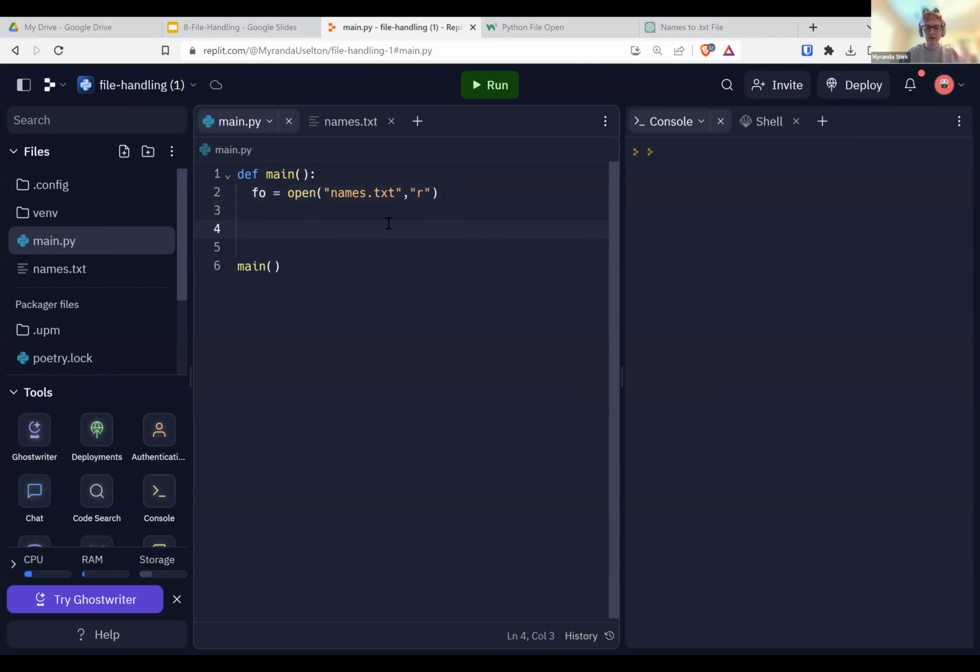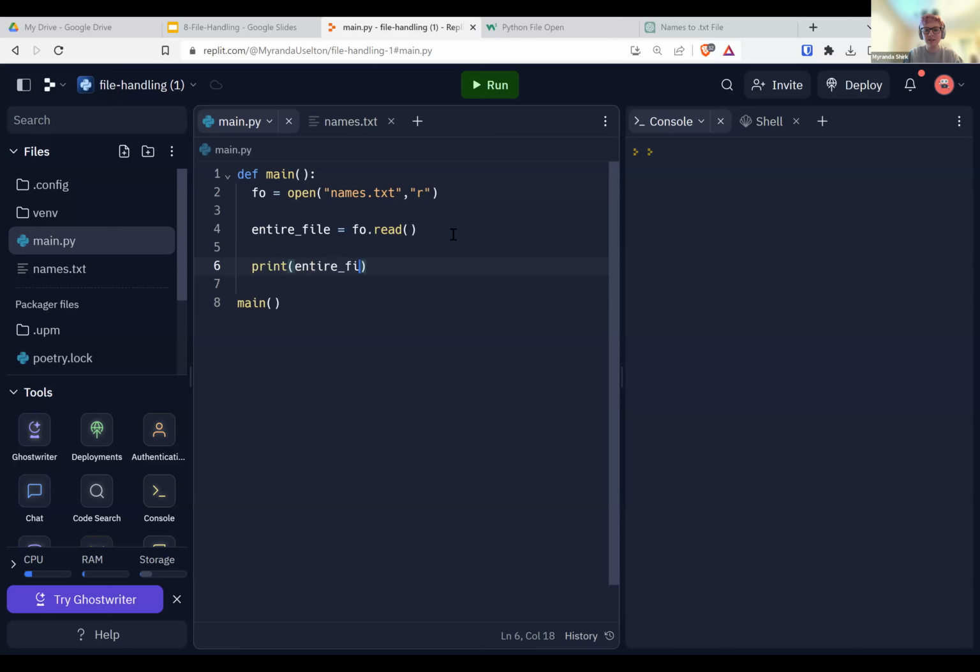All right, so now if we want to just go through and read the entire file, we can save that. So we can have entire file equals, and the way that we read an entire file is just fo.read. This will give us everything in the file, and then we can print that.